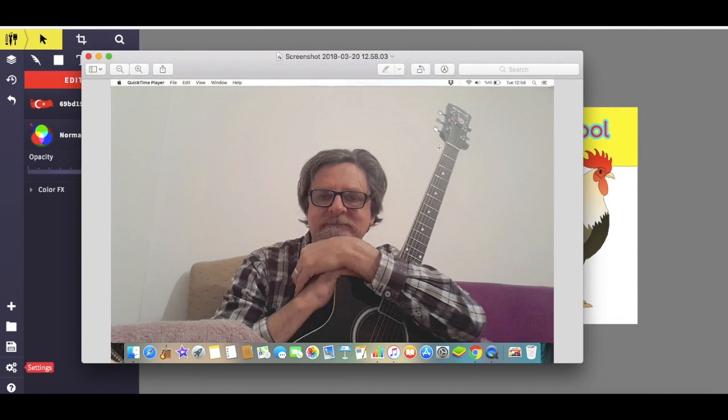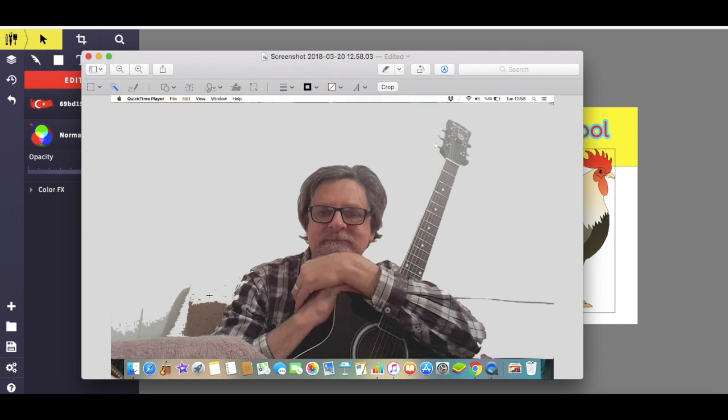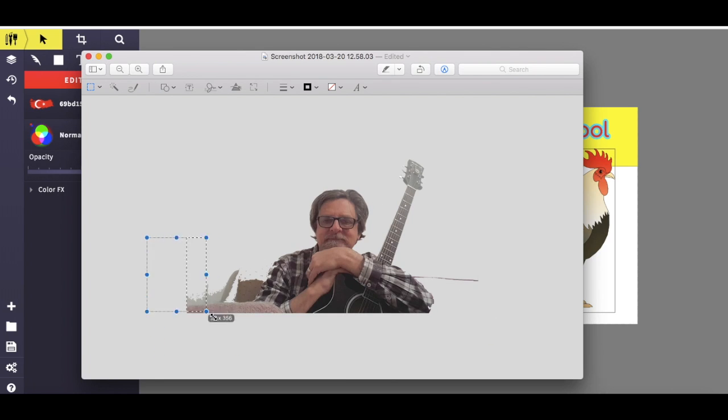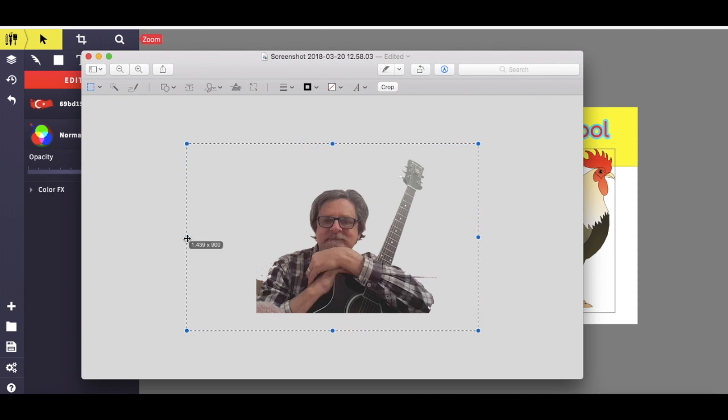If I just want me to be on my thumbnail, on Apple, you just hit the editing tool and you just hit the tools like this, and you just remove the background, so on. And once you've done all this, once you're happy with it, let's just get rid of all this, and this. Okay, so once you've done all this part, select all. Once you remove the background away,